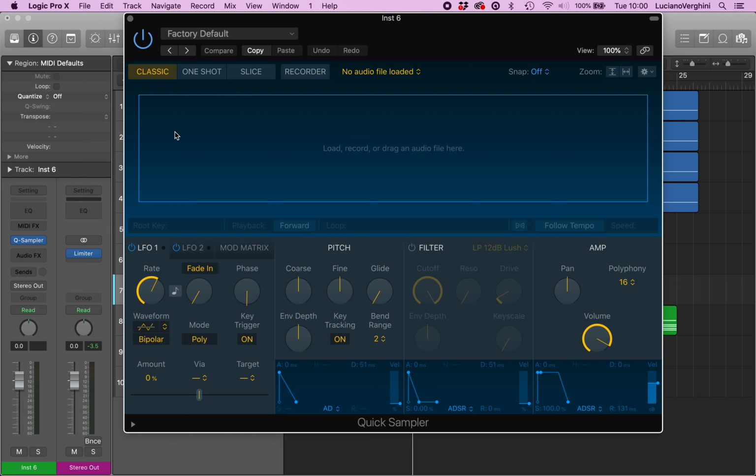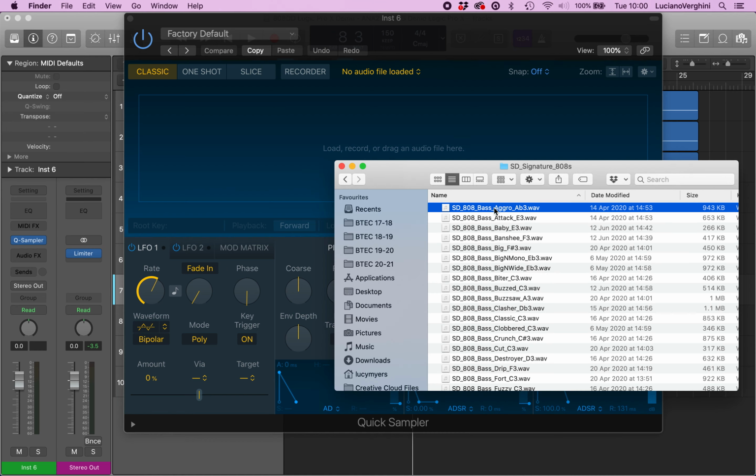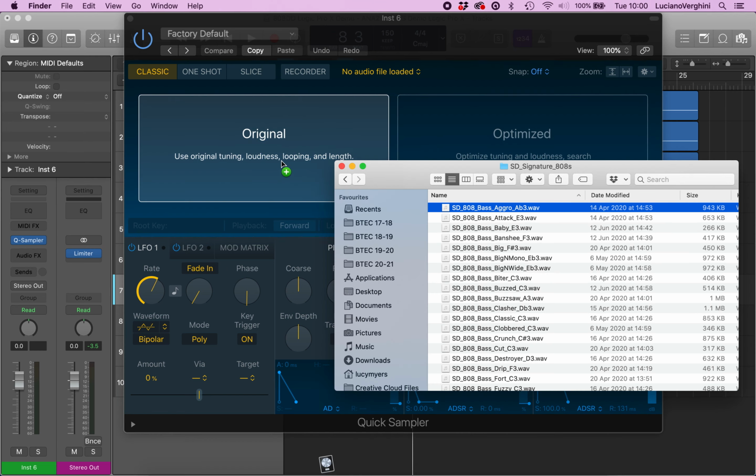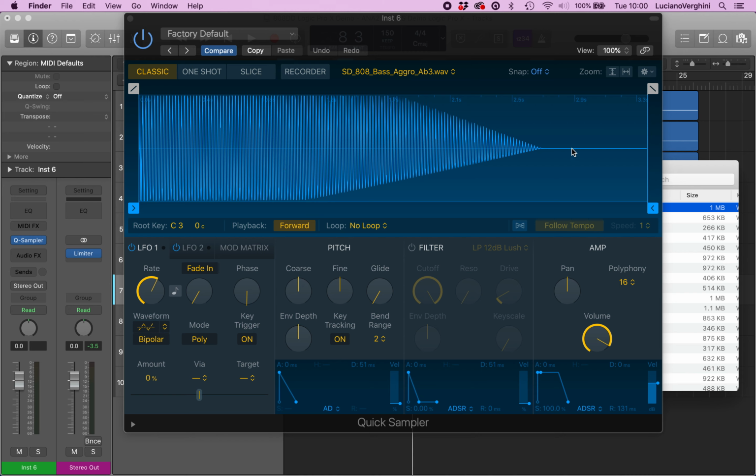This is the box where we can load in our sound. So I now go to the Finder window, grab my sound, and drag it directly in there. Then what we can see is the file's name that's been loaded in, and the sound is an